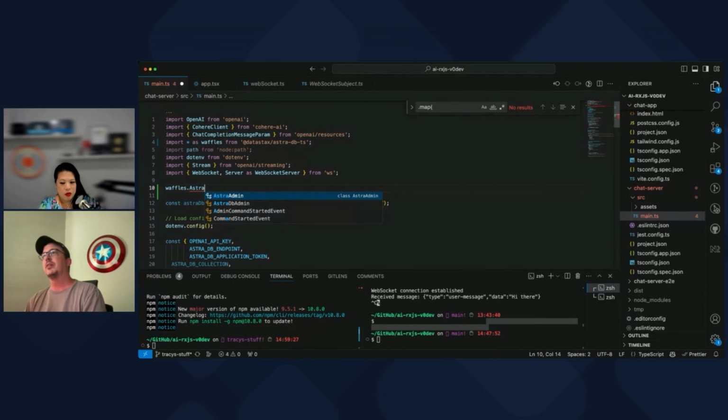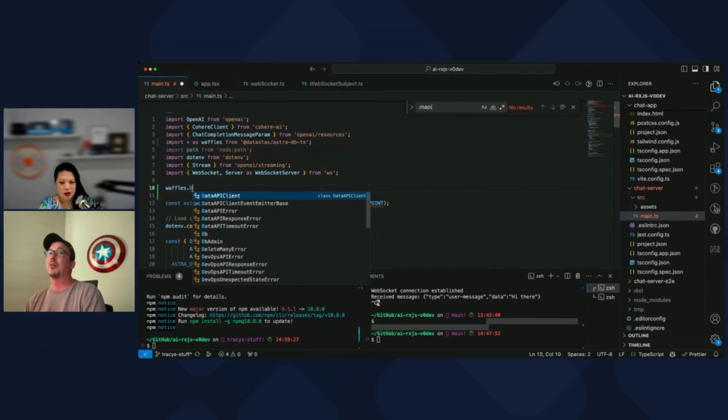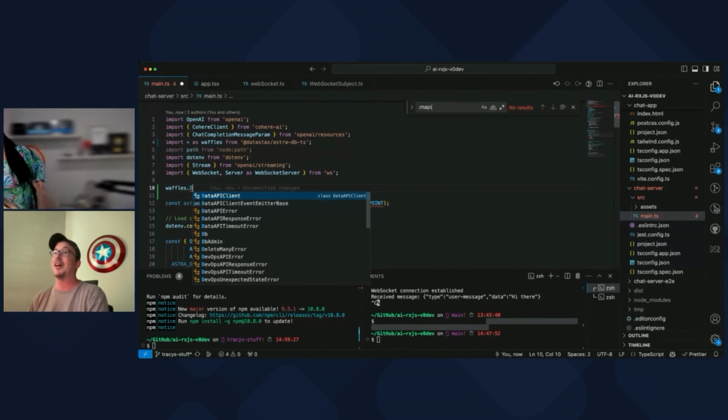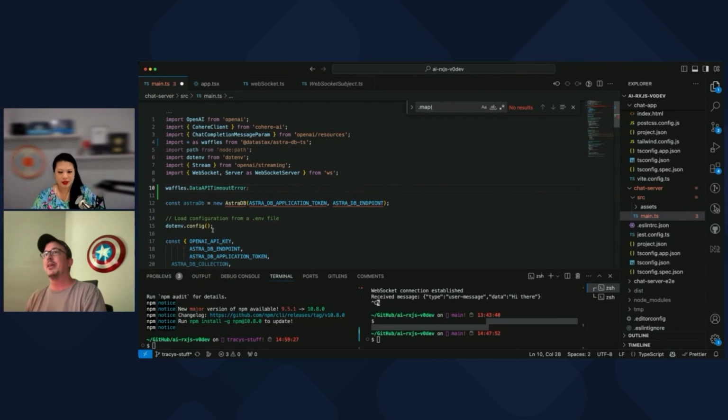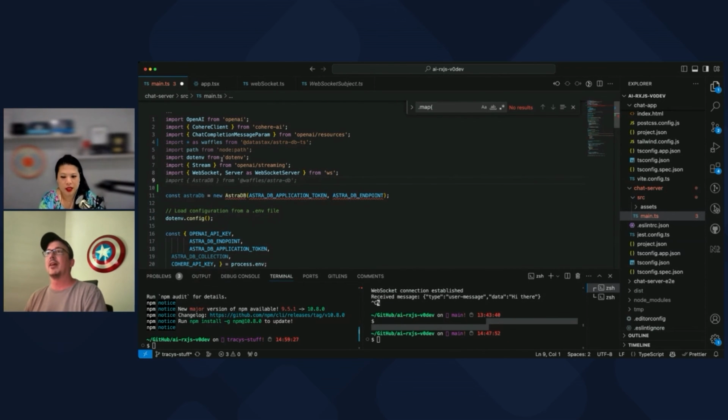Well, no, because it should have something. AstraDB admin. What does it have? You know, Data API. See, this is the problem I ran into when I was working with some of this stuff. Maybe it's an older version that we have to install that exports them, because I just installed the latest version and it doesn't have AstraDB as an exported thing. Maybe it's just DB. I'll try that. You can't, so just not npm. DB as AstraDB.